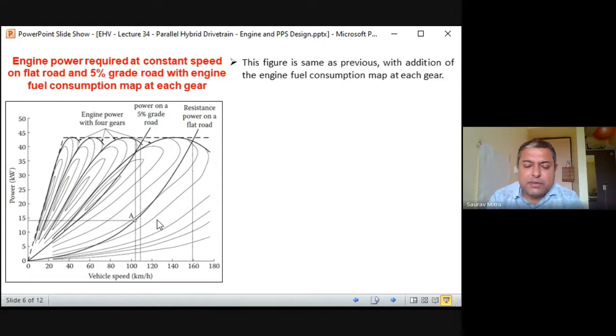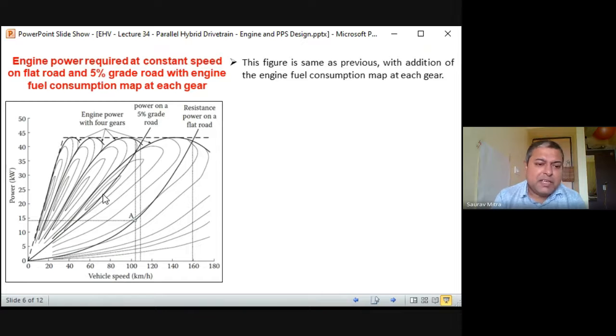So nobody drives fourth gear at 55 kilometers per hour. Okay, that is ridiculous, because whenever I'm in fourth gear, I can run up to 180 kilometers per hour, or at least 160 kilometers per hour I should drive on the flat road. So why drive a fourth gear vehicle at 80 or maybe 85 kilometers per hour? Okay, nobody does that. But if you can do it, in that case, you are going to get maximum fuel efficiency.